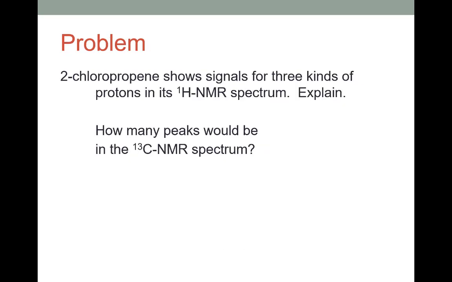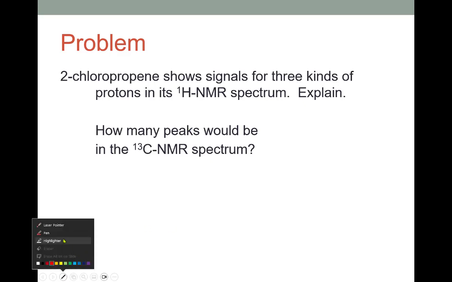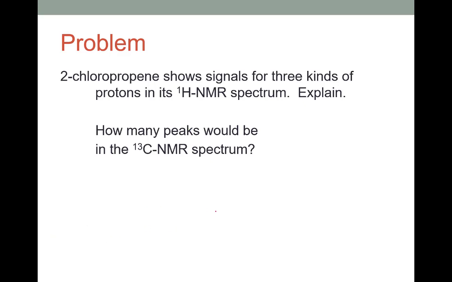In a practical sense, NMR shows us a unique signal for every kind of unique atom in the structure. And so if we look at a molecule like 2-chloropropene, we have to think about what our structure looks like. If we were to look at 2-chloropropene, see if I can manage to draw on this thing. It's going to be pretty terrible. But we would have a CH3,